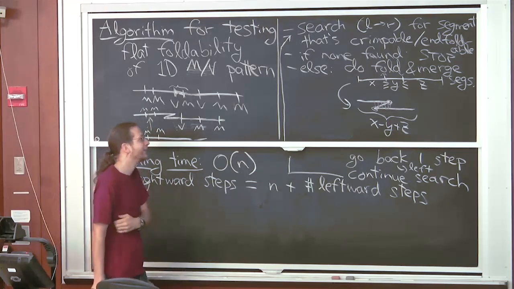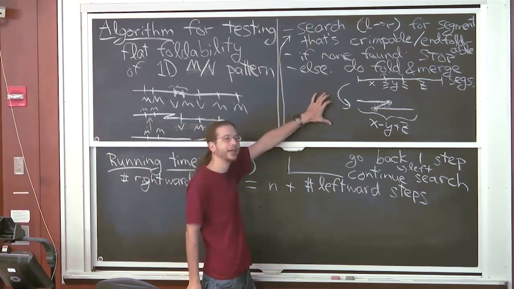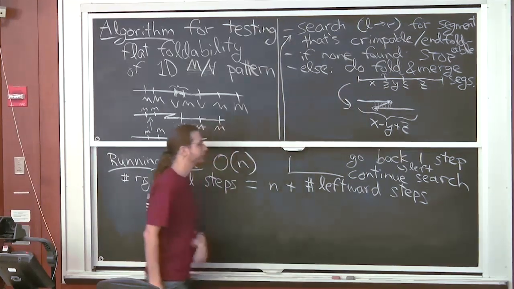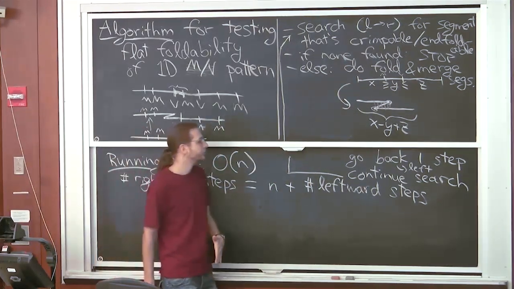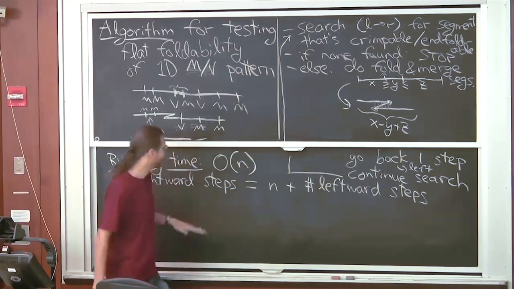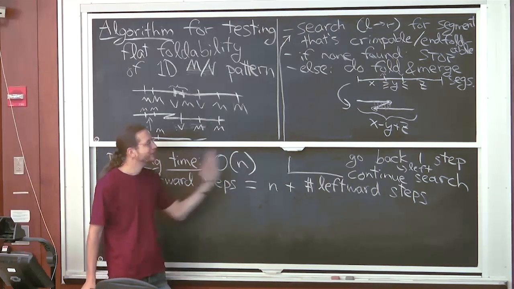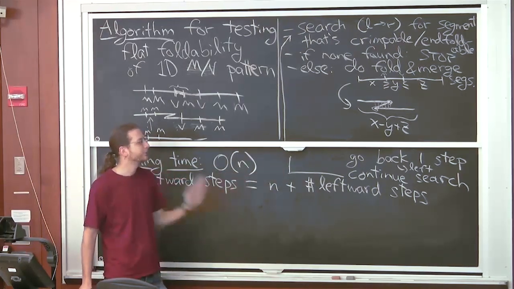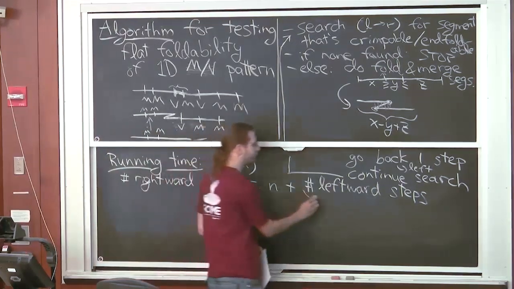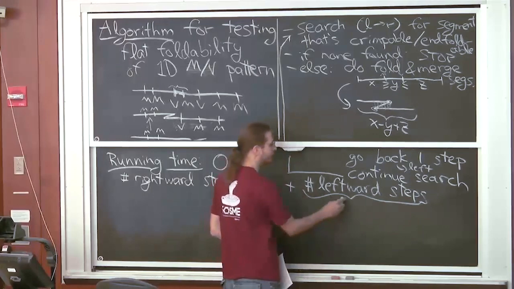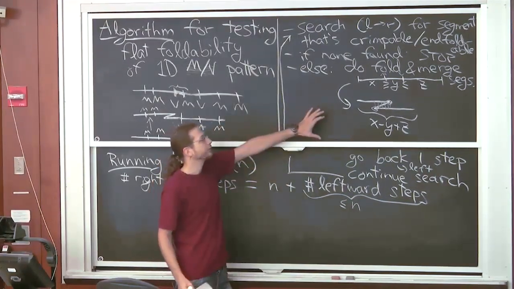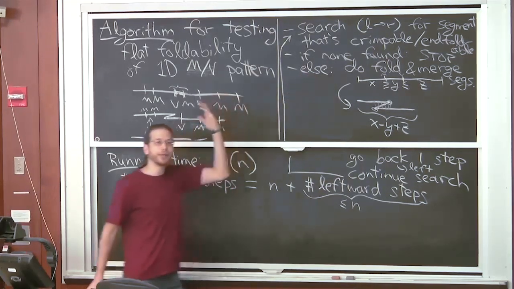There's actually two reasons why that's okay. One is you're also decreasing n at the same time because you're replacing three things with one thing. So n goes down by 2. But also you make a leftward step. So in order to make a rightward step, either it's in the full search or it's because you went back one and you have to go right again. So this is true. And the point is the number of leftward steps is also at most n. Because every time you do a leftward step, you did a fold, and there's only n folds to make.